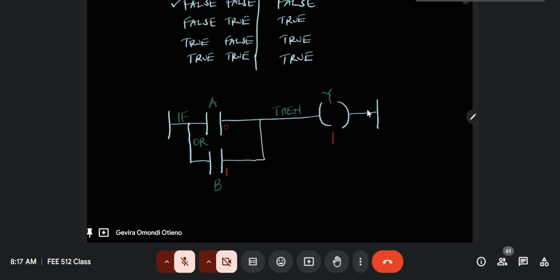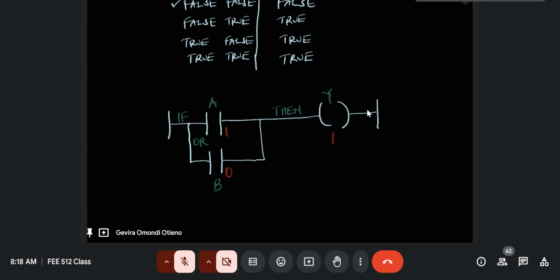The same way, even if we inverted this so that now this is logic 1, and then now this is logic 0, we can see that still it works because logic can now go through A because A is the one that's activated. B is still open, and so logic cannot go through. But logic will still get to the output because A is activated. Okay, and of course 1, 1 means it can go through any one of them. It can either go through A or through B because both would be